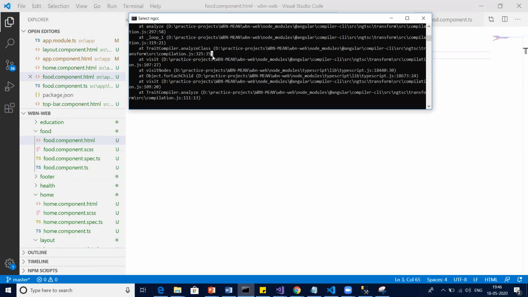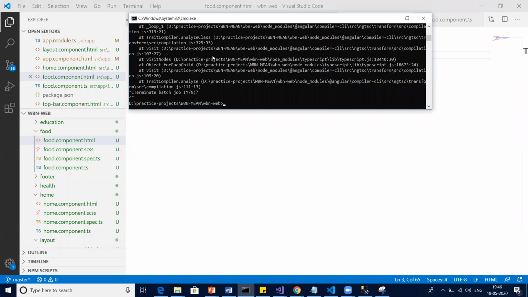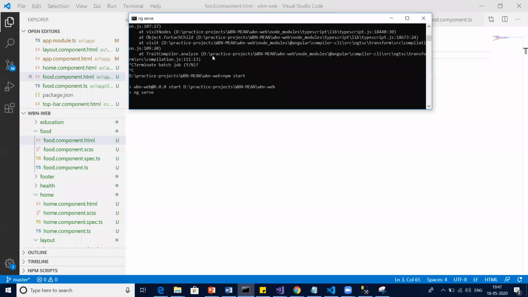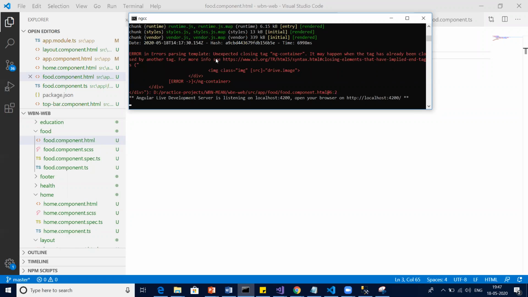No CSS we have. So it's running. What is the error it is saying? ng-container, some tag open-close issue is there.